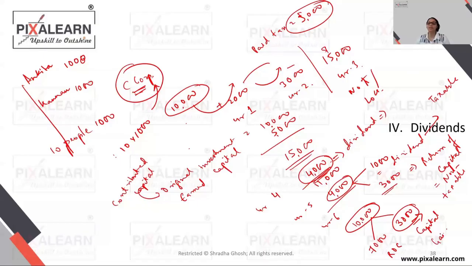It will be treated as capital gain in the hands of the recipient, because the only way this money would have been earned is if the capital assets had appreciated in value and those assets are directly being given to you rather than the money. So when this happens, we say that anything above the entire base of the company, so the entire investment has got recovered, even then if the shareholder is receiving some money, we don't call it return of capital. We say it's a capital gain which the government is